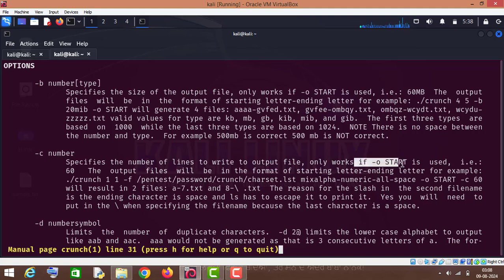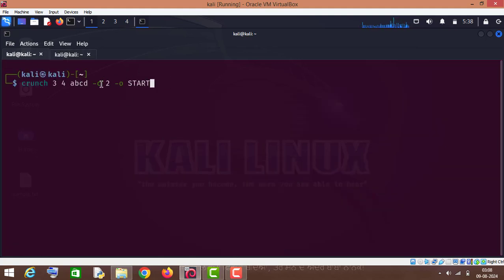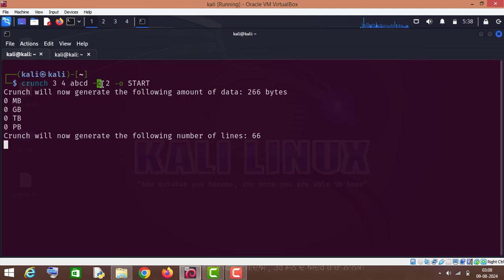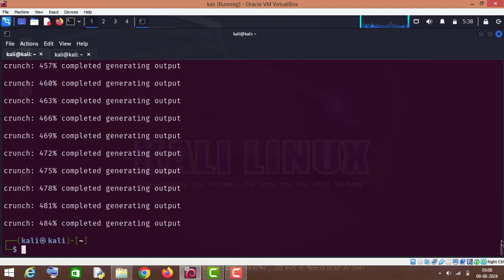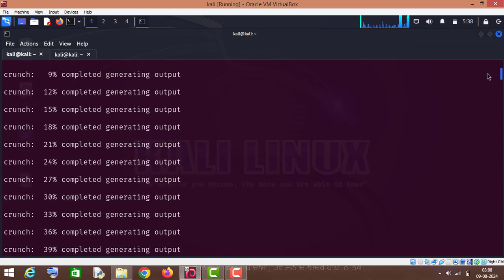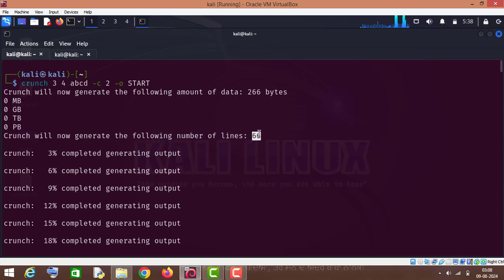It will work only if -o start is used. So basically what this -c does is it breaks the output in separate files. So in each file there will be only 2 passwords. So let me show you. It will generate 66 lines. As you can see, 66 lines. It has generated 66